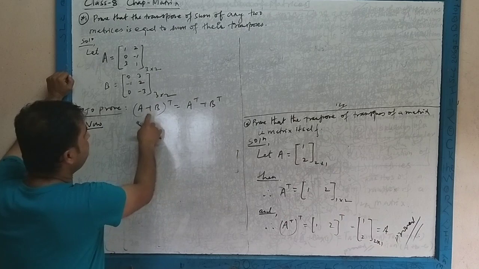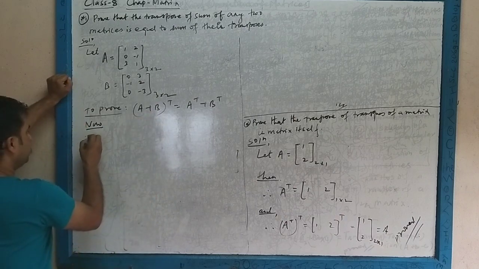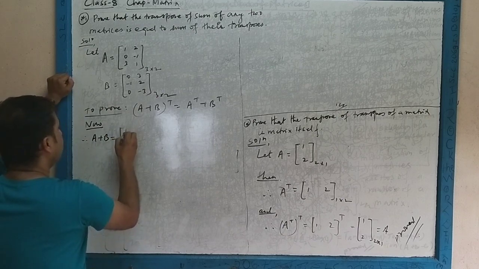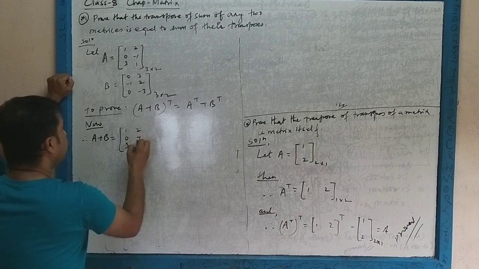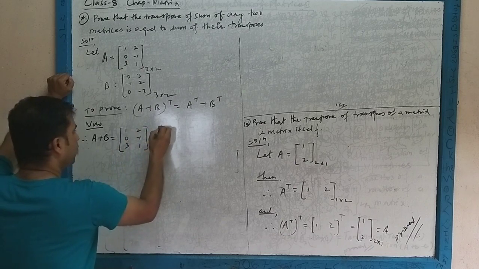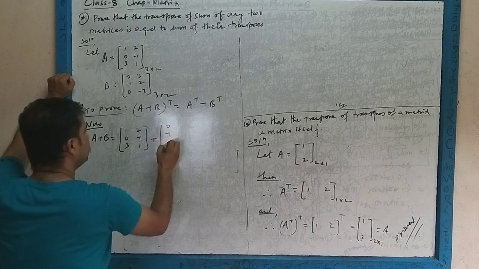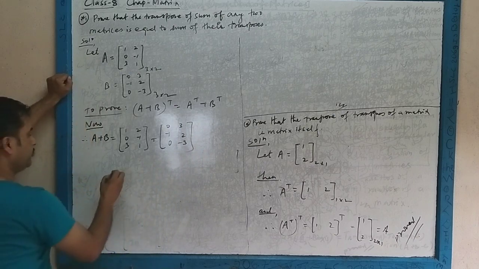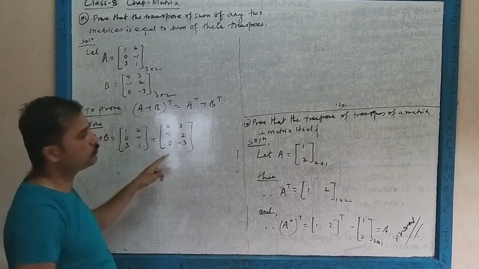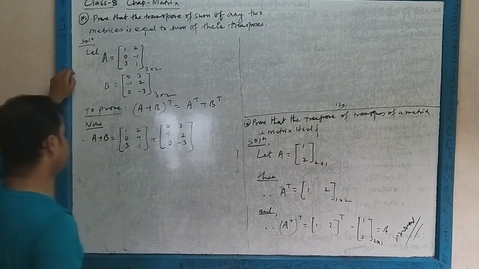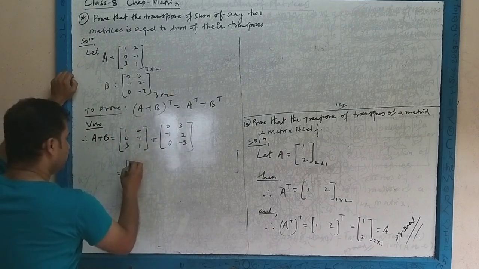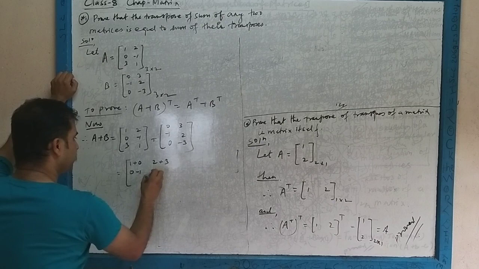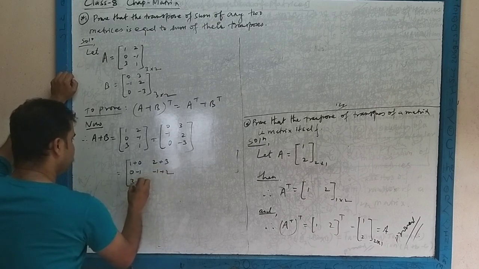First of all, let us find A plus B. What is the value of A plus B matrix? So what is A? A is 1, 0, 3, 2, minus 1, 1, and B is 0, minus 1, 0, 3, 2, minus 3. Okay. They have the same order, 3 rows, 2 column, 3 rows, 2 column, so their addition exists. So let's add them. So 1 plus 0, 2 plus 3, 0 minus 1 plus 2, 3 plus 0, and